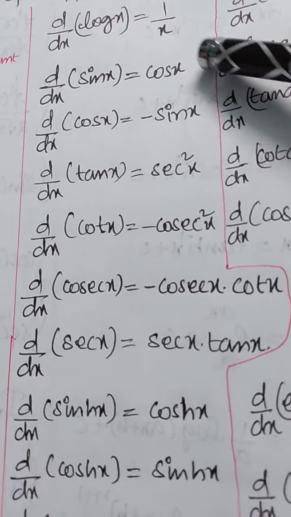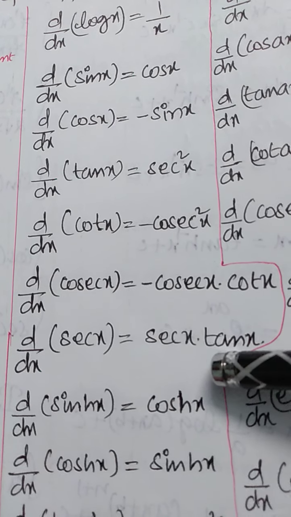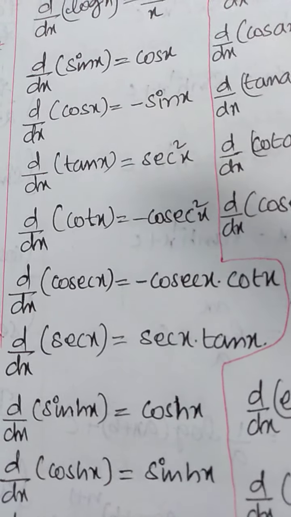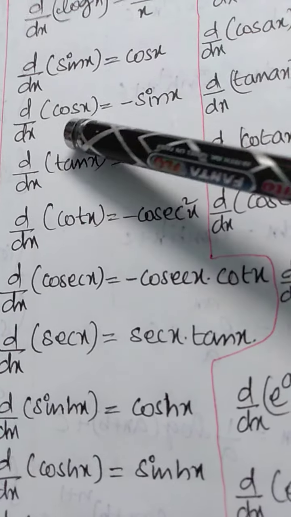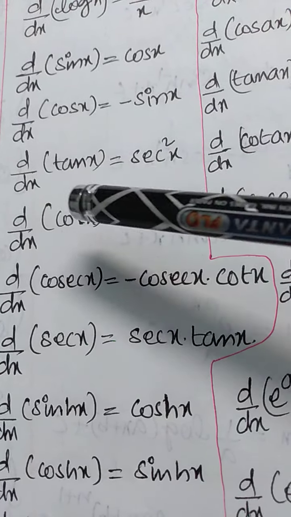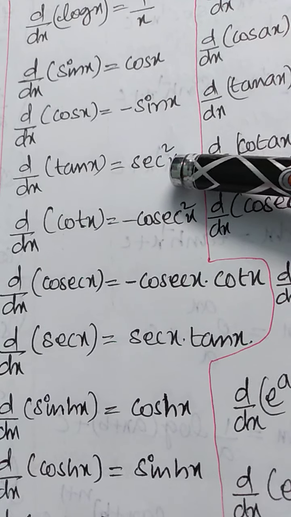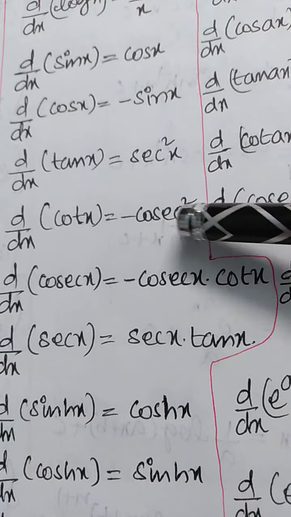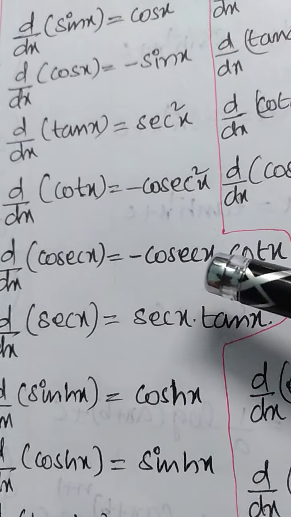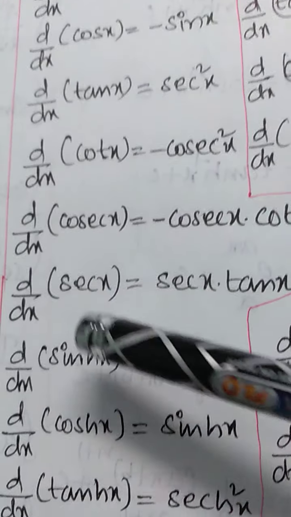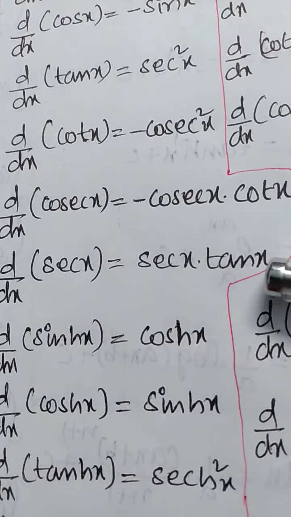Okay, these are all trigonometry functions. Okay, differentiation of trigonometry functions. Derivative of sin x is cos x, derivative of cos x is minus sin x, derivative of tan x is secant square x, derivative of cot x is equal to minus cosecant square x, derivative of cosecant x is equal to minus cosecant x into cot x, derivative of sec x is equal to sec x into tan x,